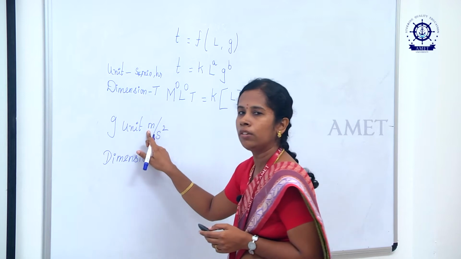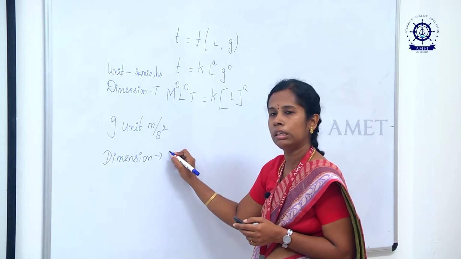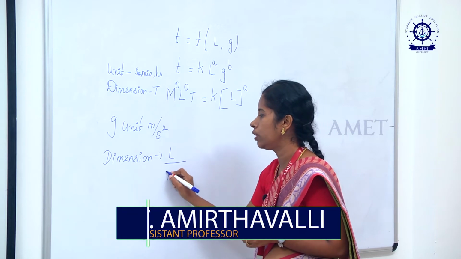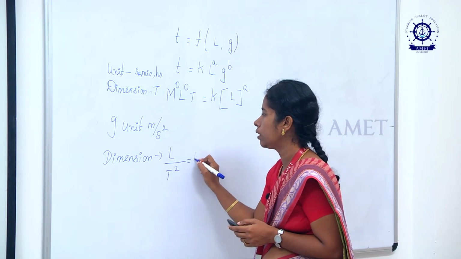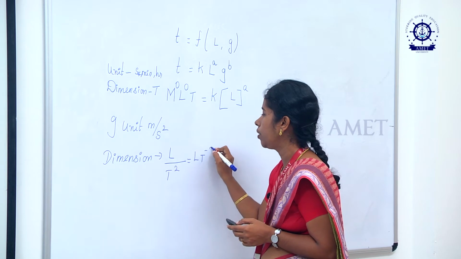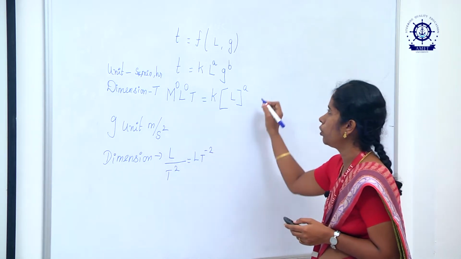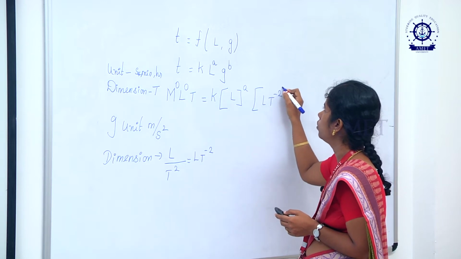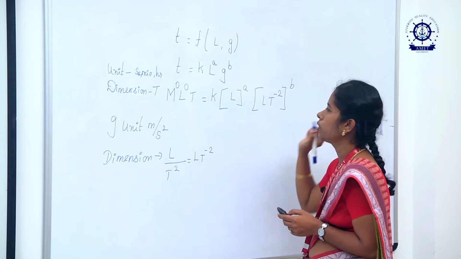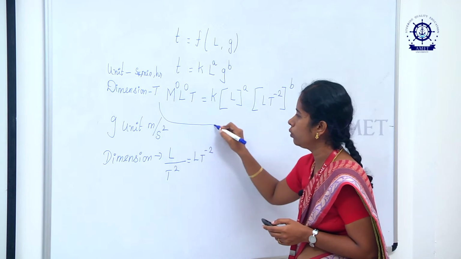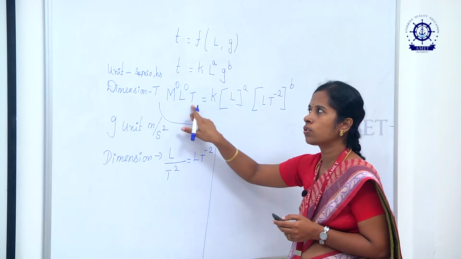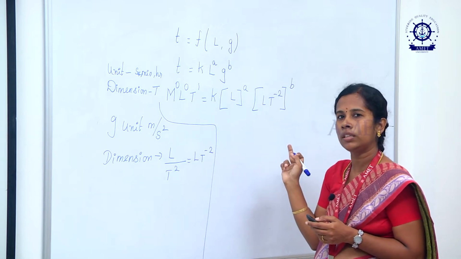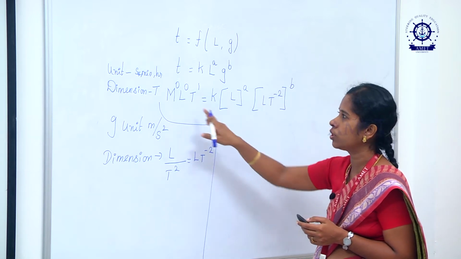Meter will carry the dimension, as I have said earlier, of length, and the time period is second square. So, it is t square. So, I can write it as L t power minus 2. So, put it here, it will be (L t power minus 2) power b. Next step, now you have to equate the powers on both sides of the equation. Then only we say that the equation is dimensionally homogeneous.